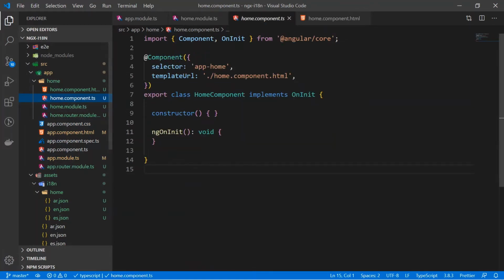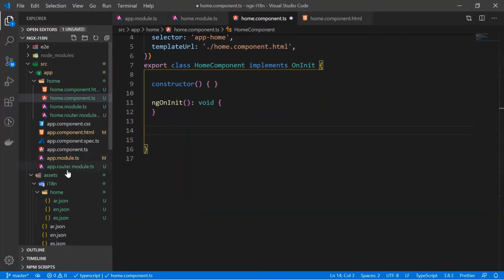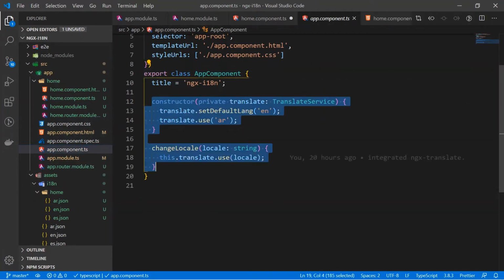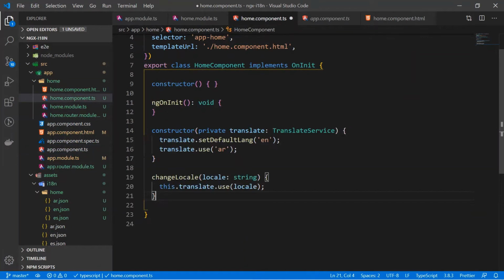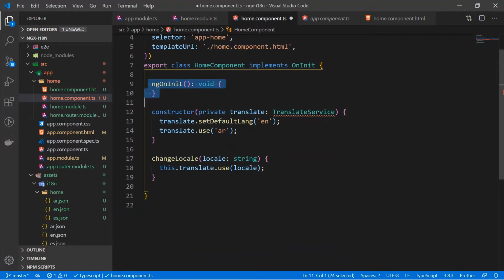But we have to also write our logic to change the locale here in the same fashion as we did inside the app component. So if you go inside our app component.ts file, we can simply copy that from here and paste it here. I have to make a couple of changes. You can get rid of this because we don't need it. No, we will need that, so we'll keep it here also.